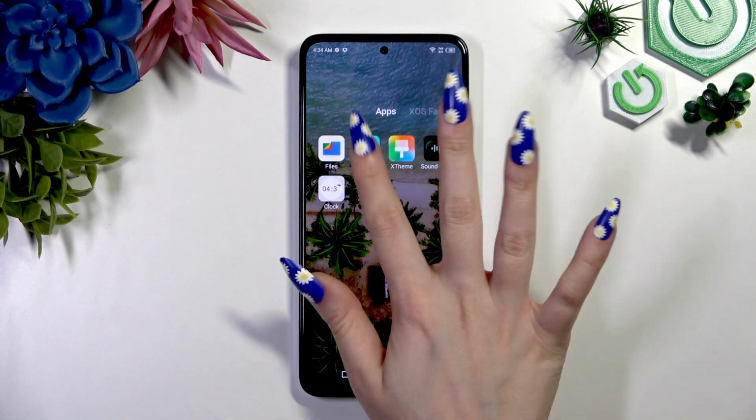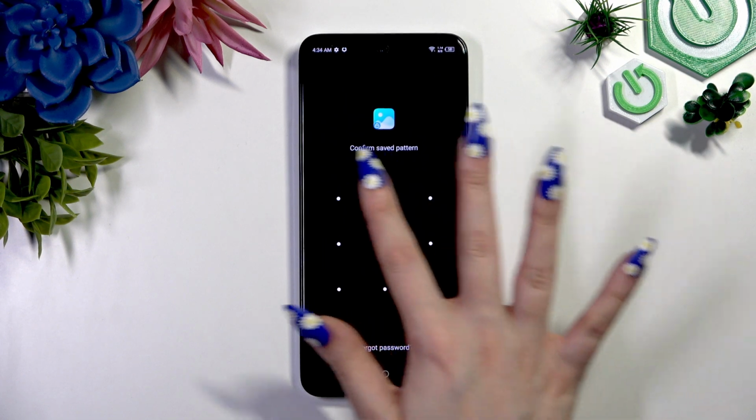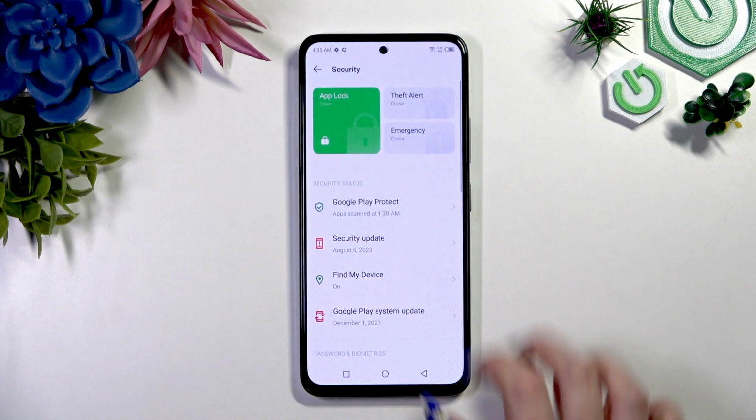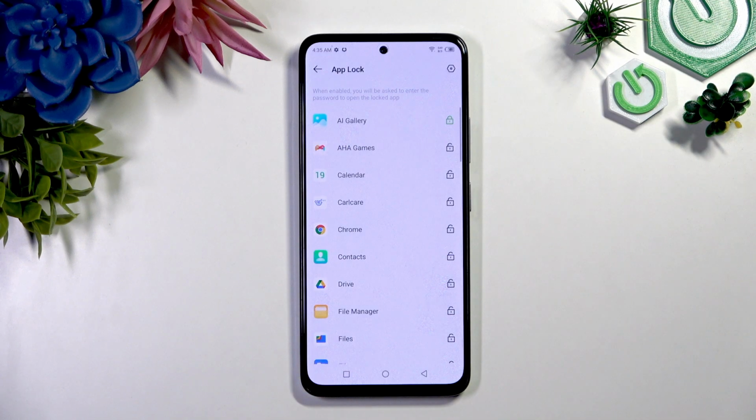So when I try to open my app, I can see that app lock is now required. To disable app lock from any app, go back to the same settings, enter your app lock, and click on